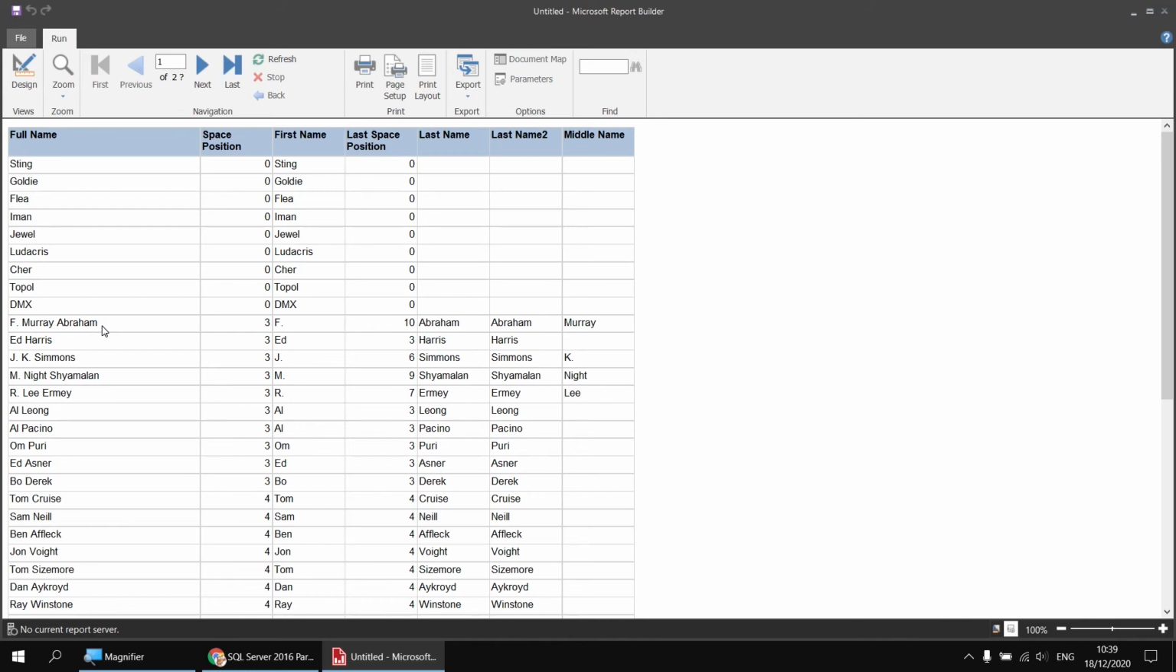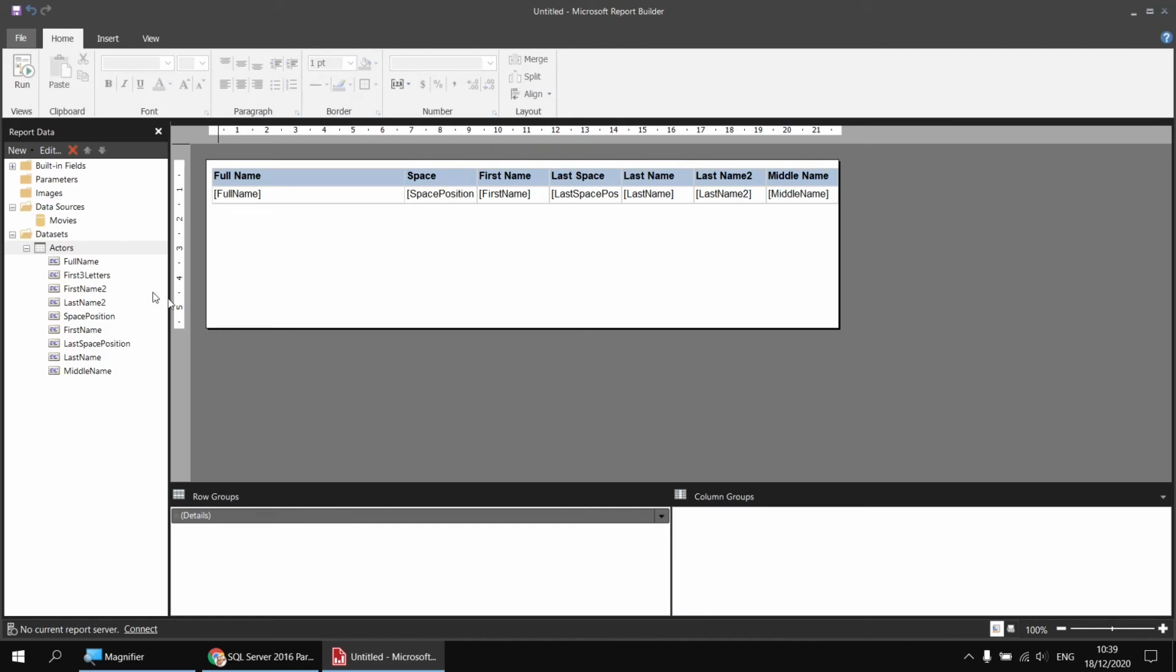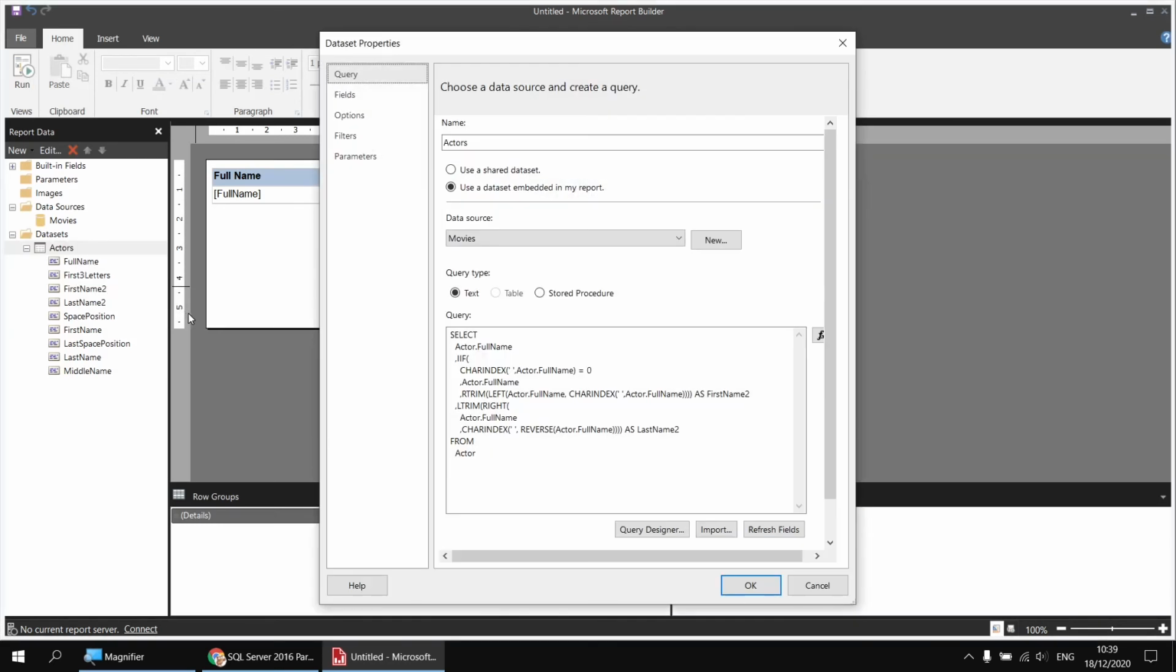called SubString. So back in the design view, let's right click the Actors dataset and choose to view its properties. And I'll add a new column above my from clause, starting with a comma and then the name of the function, SubString. The SubString function starts by referring to the column containing all of the text, so I'll go for the actor's full name, copy and paste that. Then I can say which character I'd like to begin